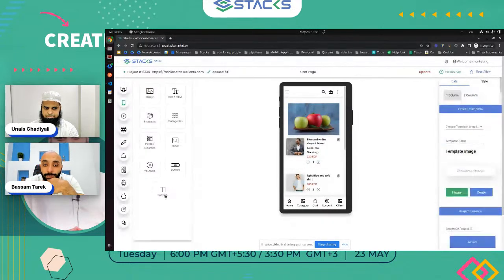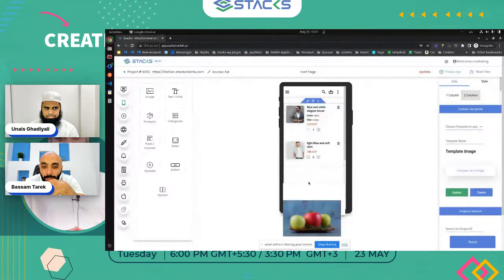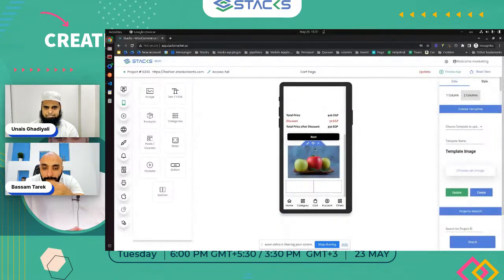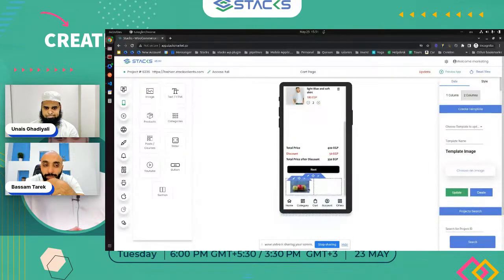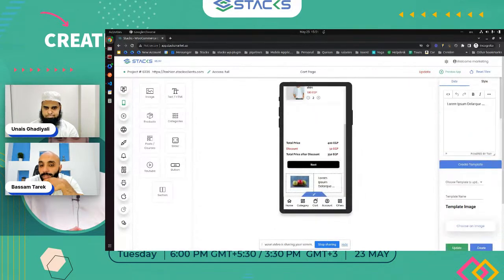Also, you can add a section, and this section can be split into 2 columns, and add this image to the bottom. Let's add it inside the section, and then as you see, and this is text, I can add it here. So as you see how easy this thing is,